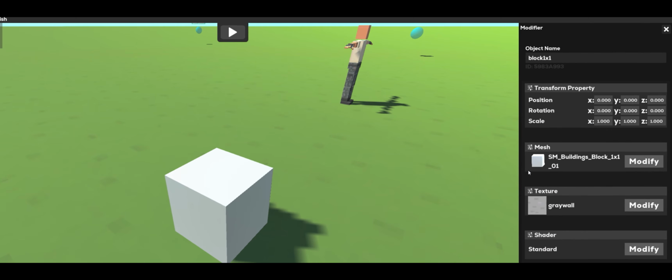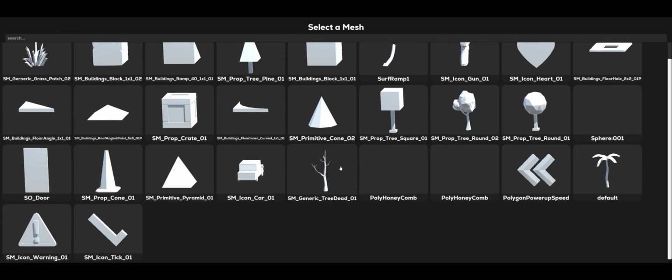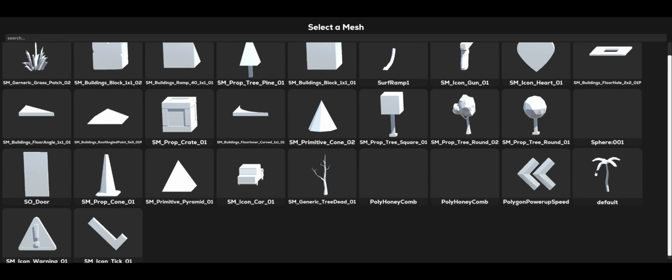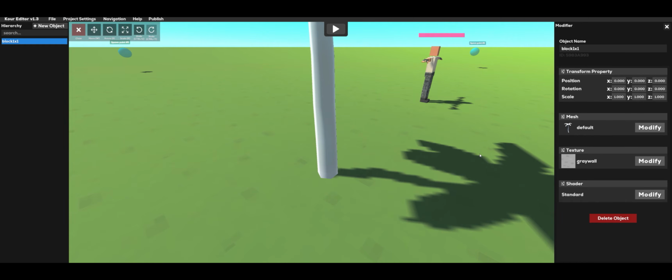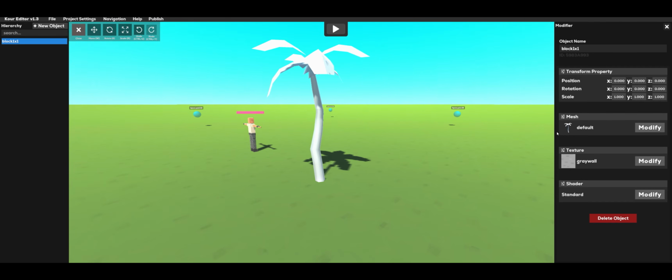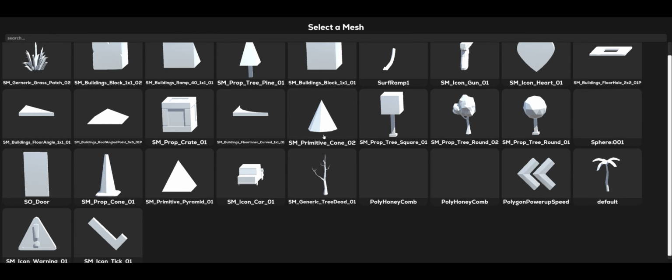Returning to the study of object characteristics, let's move on to the mesh. By clicking the Modify button next to it, you'll open the Shape Selection window. Here, you can change your object's shape to any available option. For example, I can change my block into a palm tree, and now I have a tree. I can also change it into a car